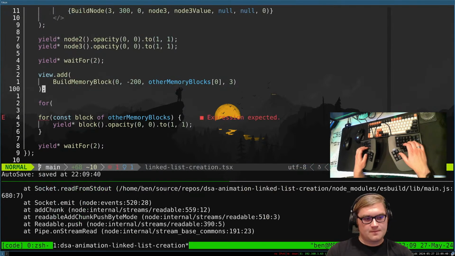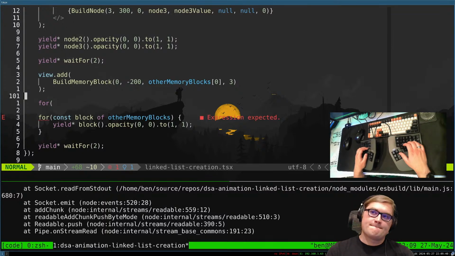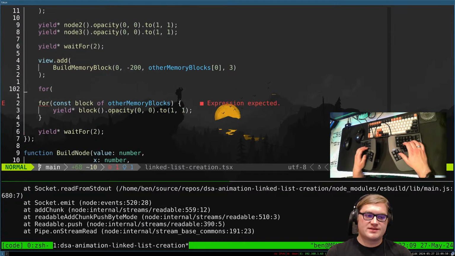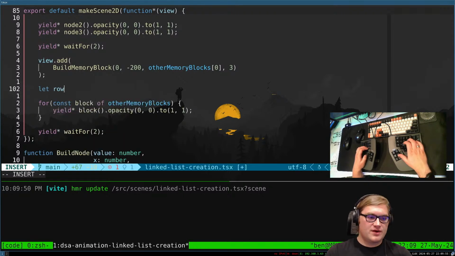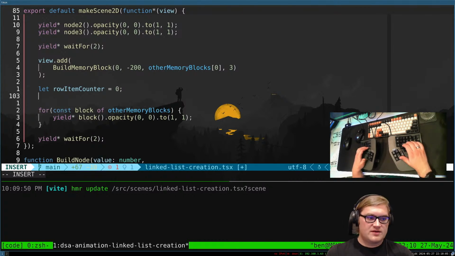So the position, this is difficult, because so we're saying row item counter, and we're gonna say that's 0. Say row item counter is 0, and then from there,